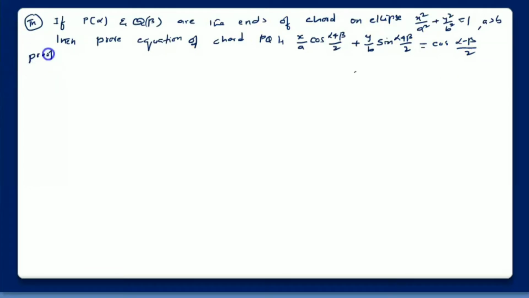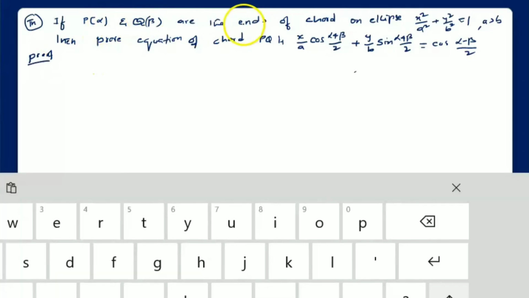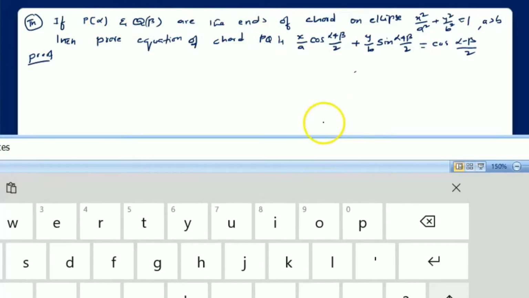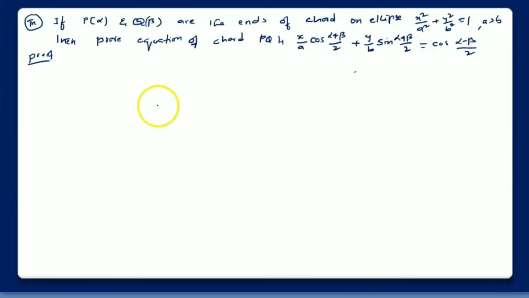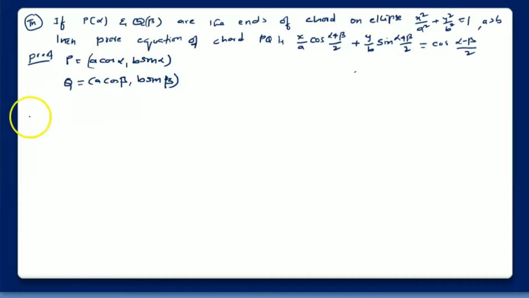Proof: P of alpha, for the eccentric angle, P is equal to a cos alpha, b sin alpha, and then Q is a cos beta, b sin beta. These are the points on the ellipse. Therefore we need the equation of PQ. Therefore the slope of PQ is